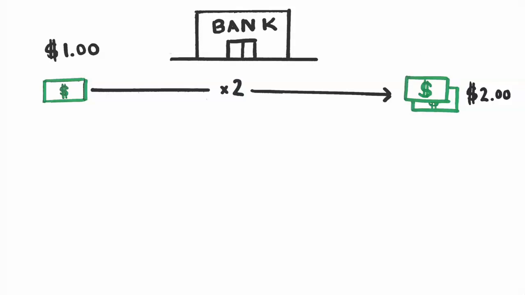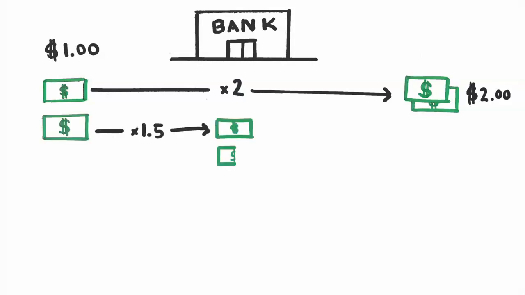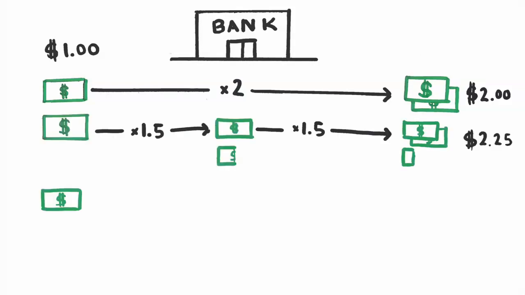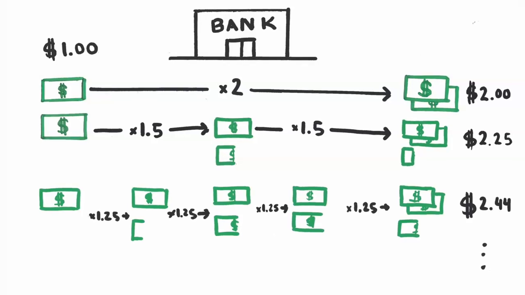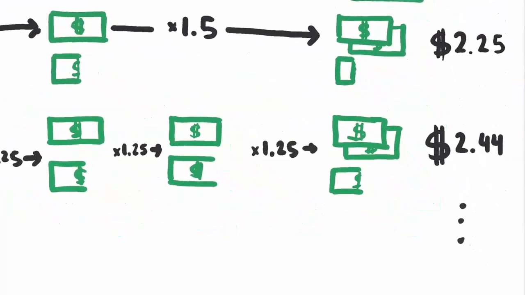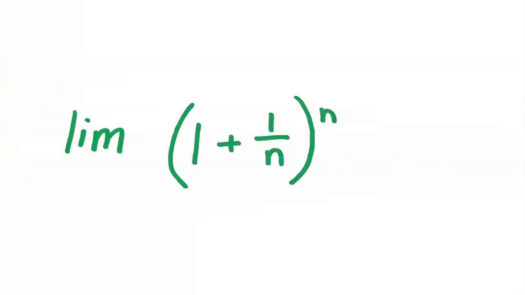If it's compounded semi-annually, you'll end up with $2.25. Quarterly, and you'll end up with $2.44. Monthly, $2.61. Weekly, $2.69. See where we're going? If you increase the number of compounding periods a year towards infinity, then you'll get closer and closer to E